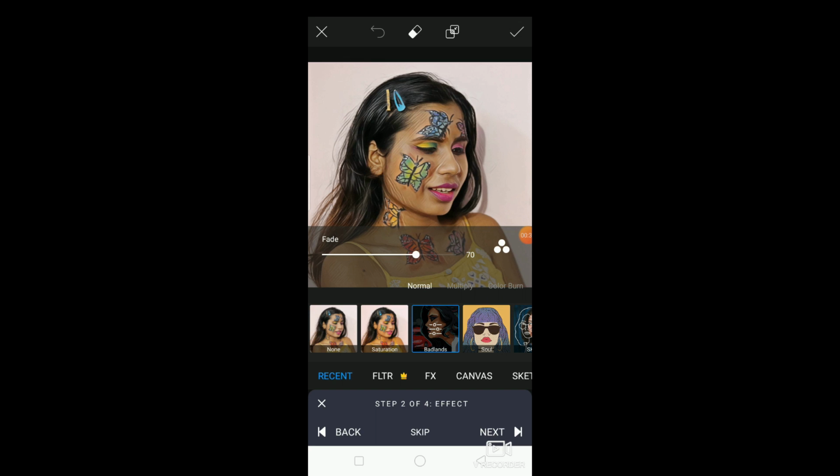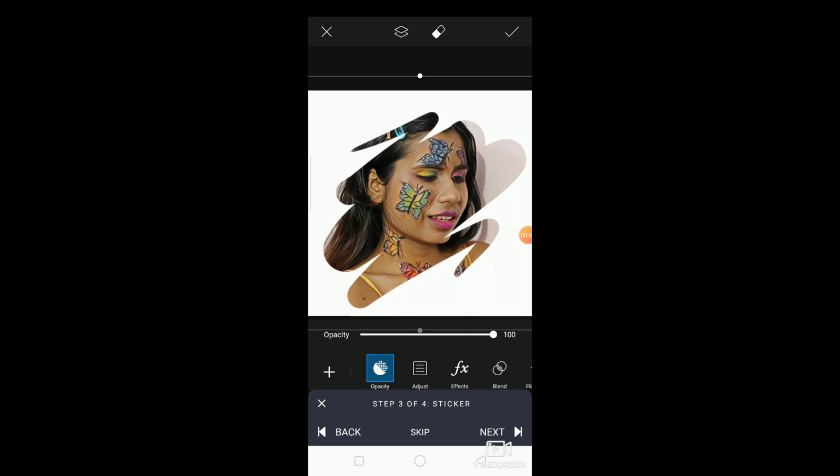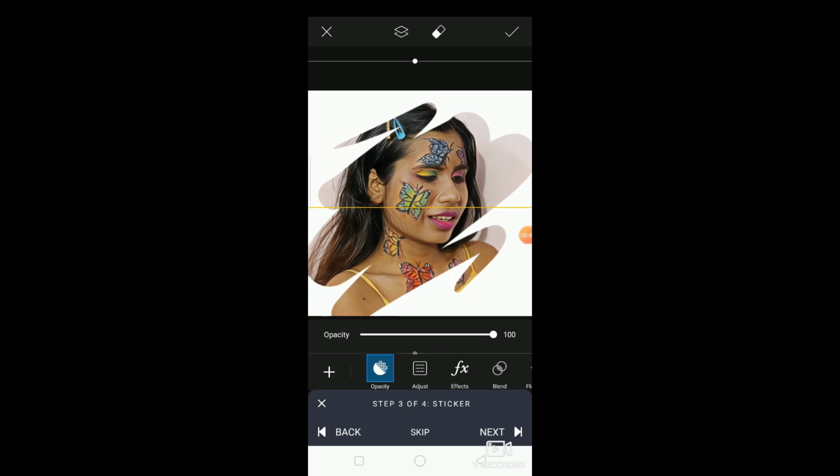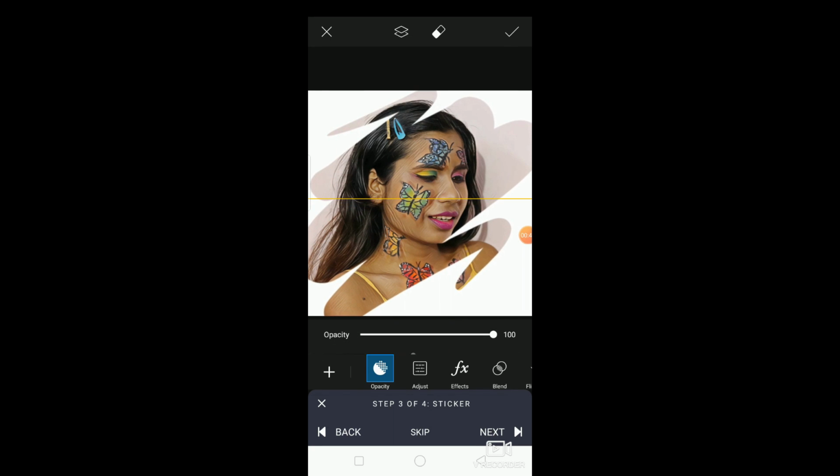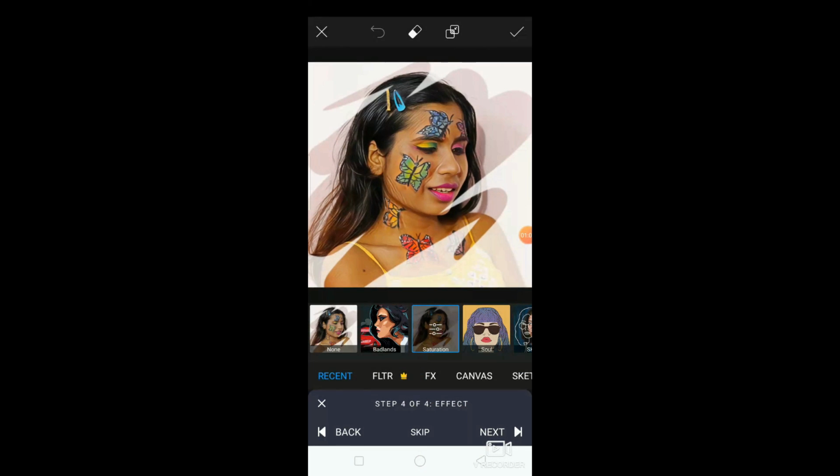And the next step which I'm going to follow is to go to step number 3 by clicking on next and then adjusting the dripping effect over the screen so that my face is entirely visible, and then adjusting the opacity for the dripping effect. Post that, I'll click on next and I'll go ahead and adjust the amount of saturation effect I want on my picture, and voila, we are done.